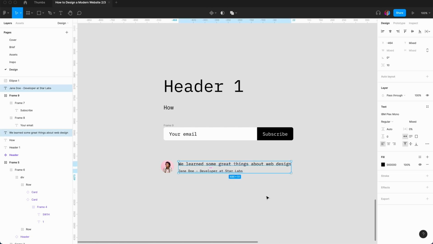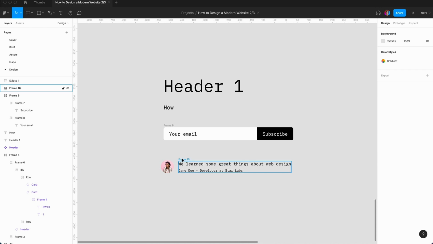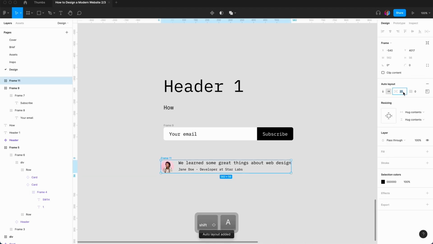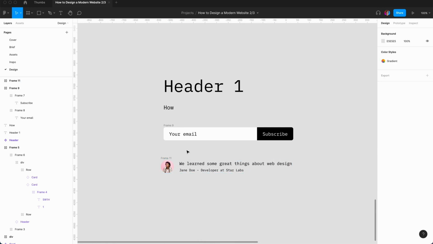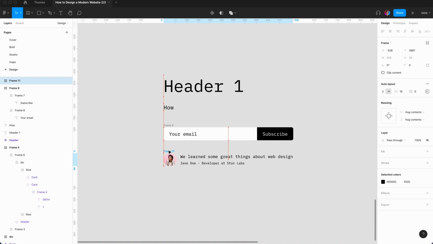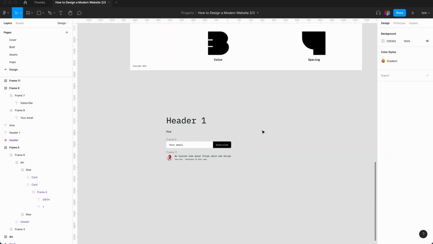So what we're going to do very quickly is join these two. So Shift A, we're going to say spacing between those is, let's say 4 or 8. Again, we're using the 8-point grid. And then we combine these two, so Shift A, and let's say the spacing of that is 24, and vertically align in the middle. So we can actually bring these closer, let's say 16. Great.